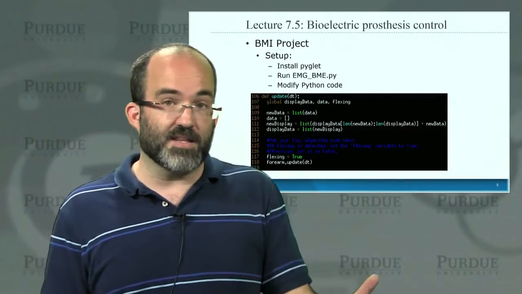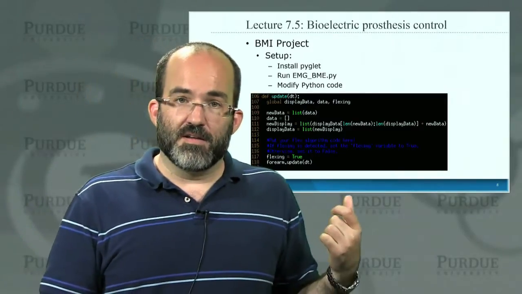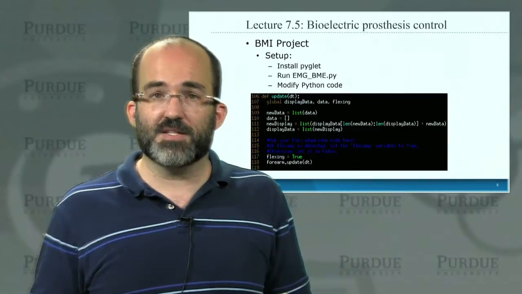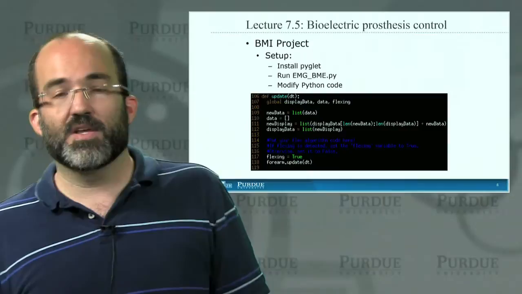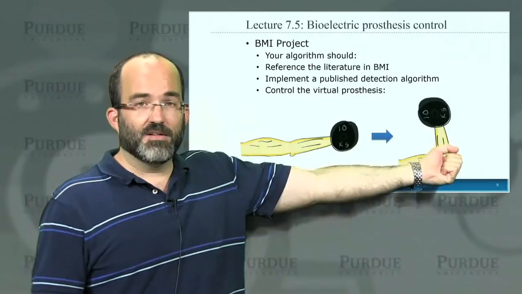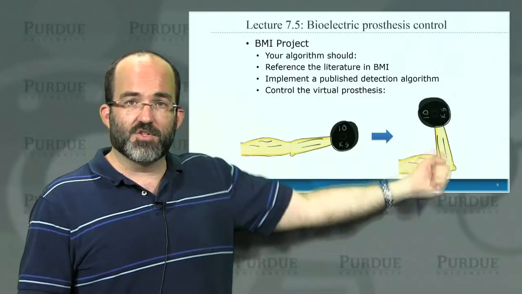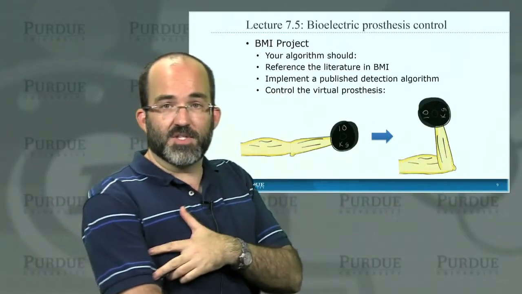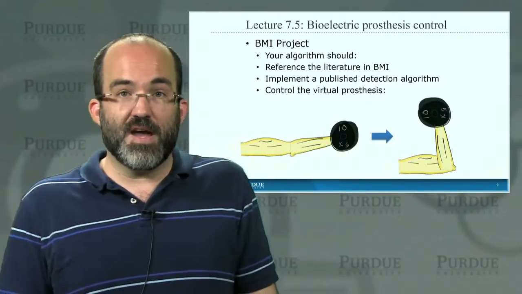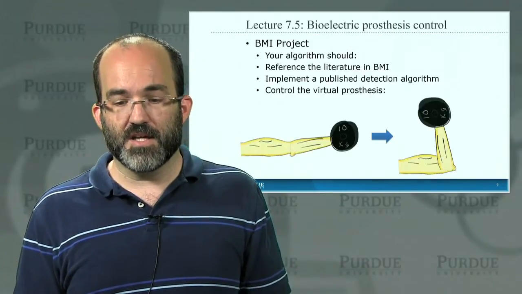And your code is going to take the incoming data stream, and instead of plotting it as we did in plot.acquire in the last practicum portion, you're going to process it. And then once you've processed it, you're going to give the output, not to a plotter, you're going to give the output to the controller for the arm, so that the arm that is straight as the default position, when you flex your muscle, the arm will also flex. So the two will follow each other. And if you do this right and you're using the bicep, then as you move your arm, the one on the screen will move. And that will show you that you have, in fact, built an algorithm that will allow BMI control, brain-machine interface control.